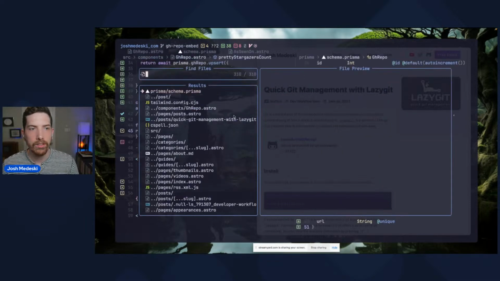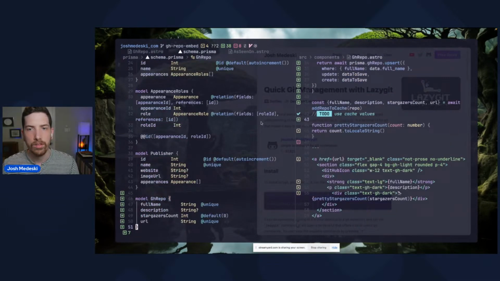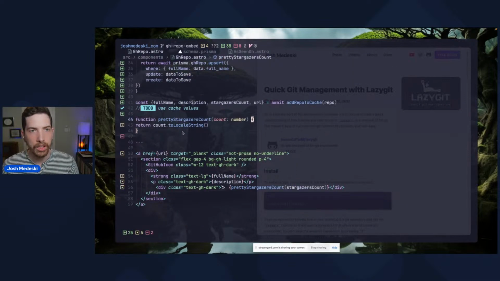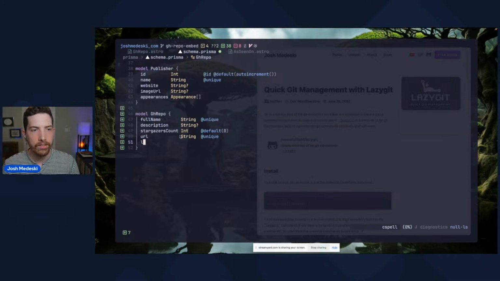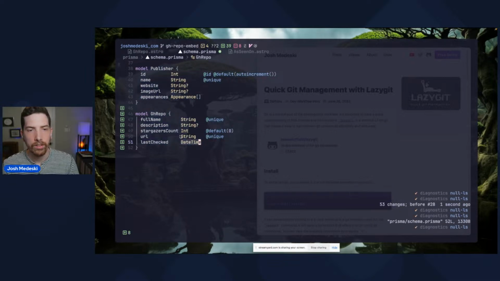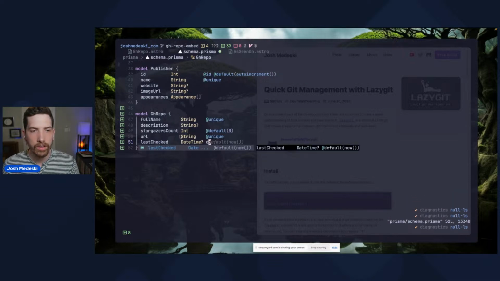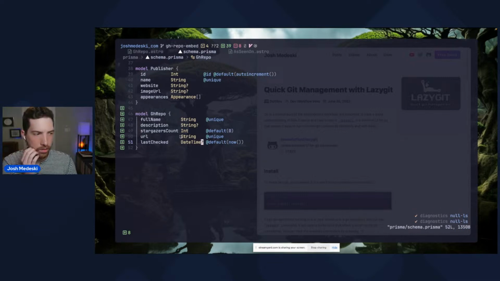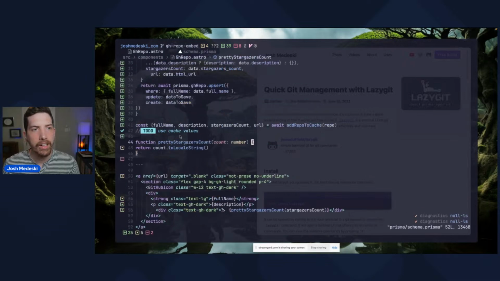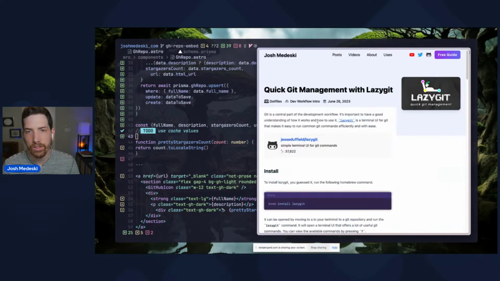So we'll go back to Prisma and we will do a last checked date time, and let's require it, and I think the default can be now. So it's optional, which is fine with me. No, let's do that. I shouldn't have to add anything to the code, because I believe just rerunning it